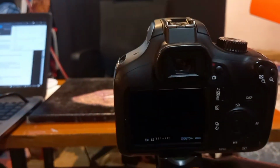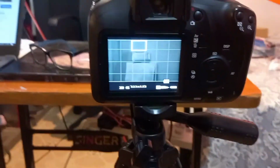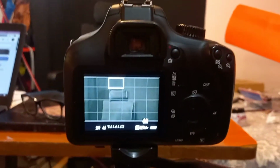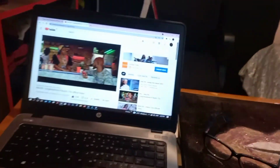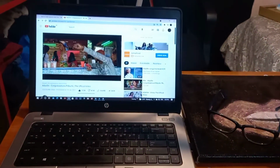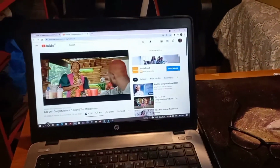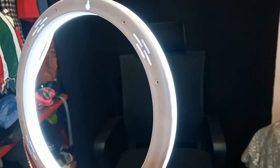So this is my setup. I have the camera here. The laptop is for my music, not much use at the moment, but for post-production it's gonna be so useful. And then for lighting, I have a ring light, one bulb at the top that is kienyeji fixed, and then on the bed